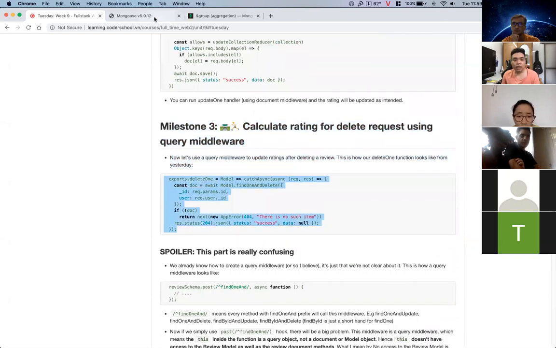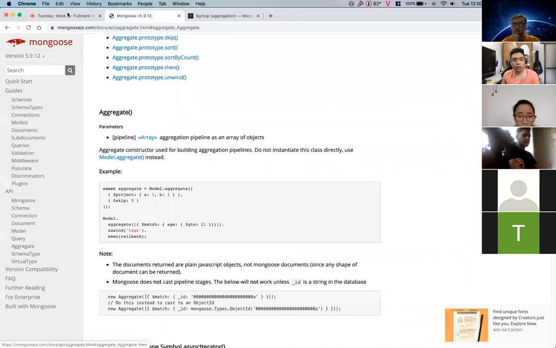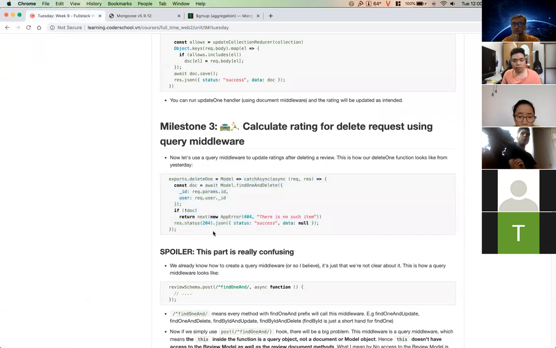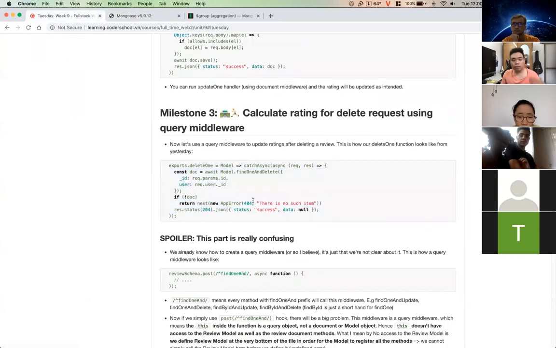If you dig into the documentation in mongoose, there will be a lot of notes about query middleware. Basically, we use the same method from yesterday here, right? Nothing new. This is the method that we had yesterday: the model, findOne, and delete them. But